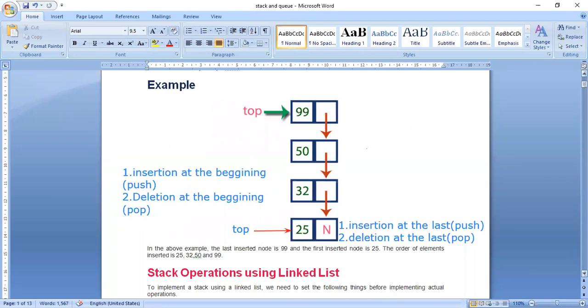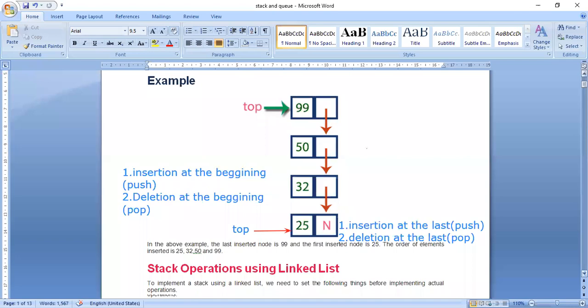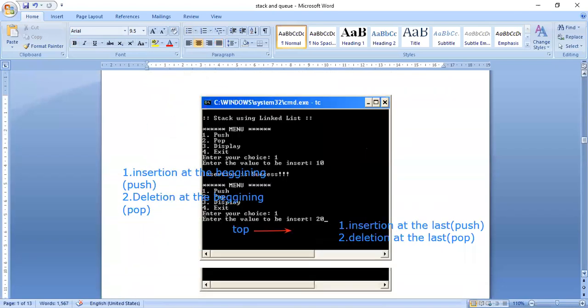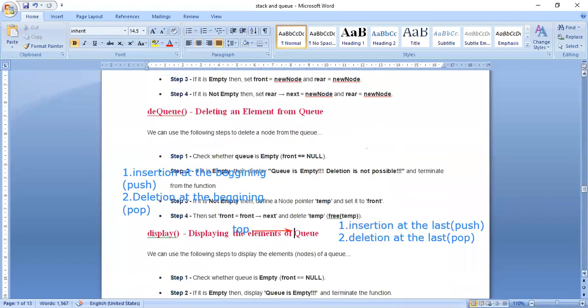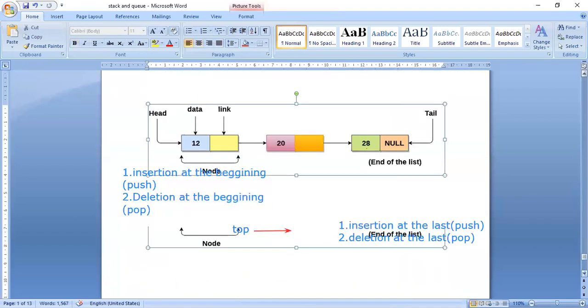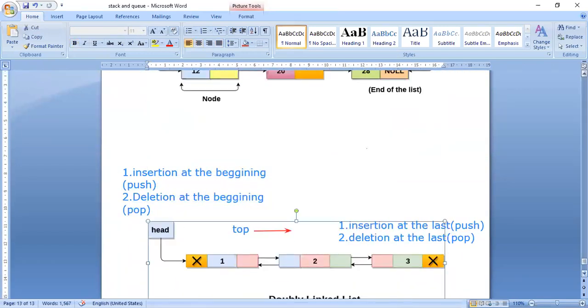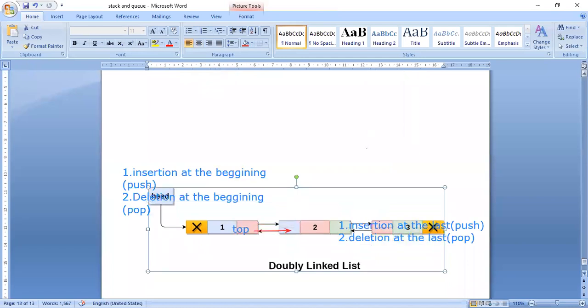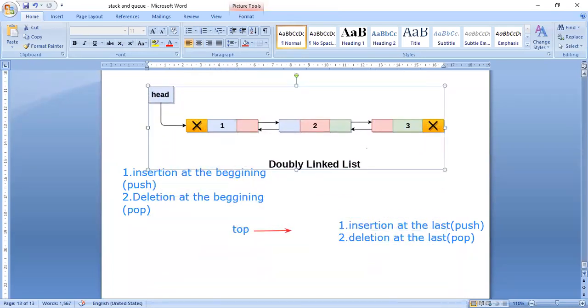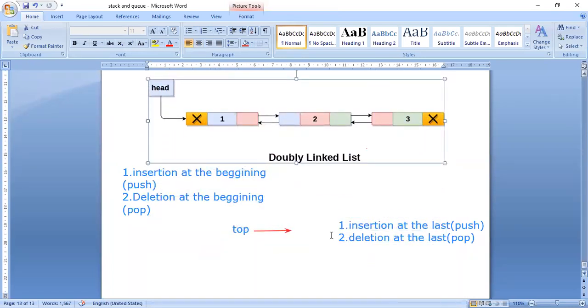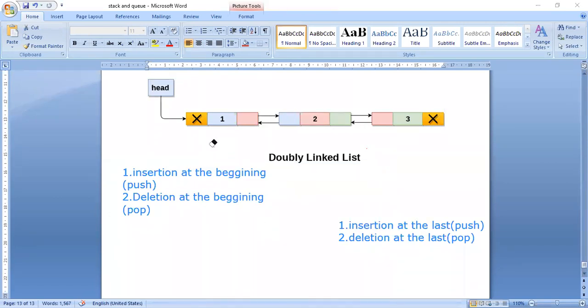So this stack, similarly, the same thing I will be implementing by using a double linked list. You can see this also. So now see, here also I am having two options.